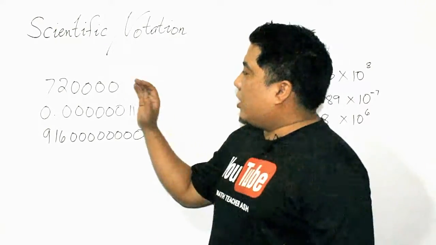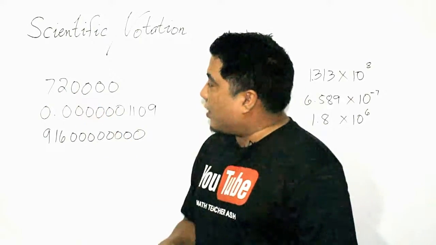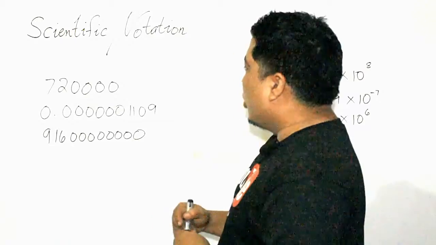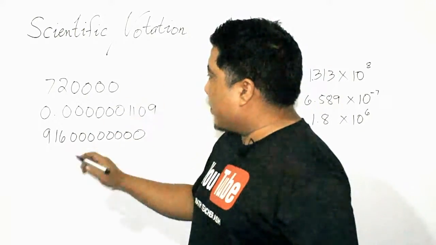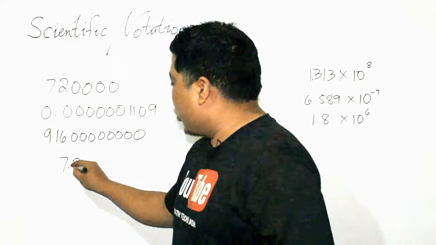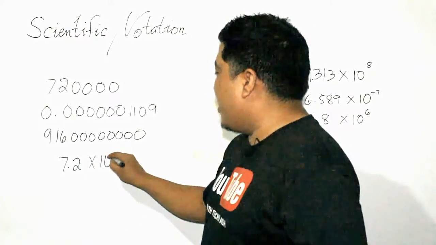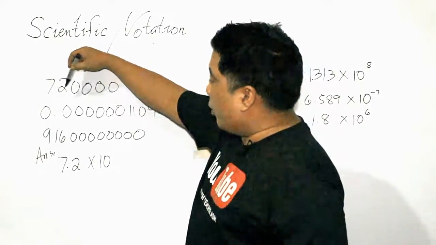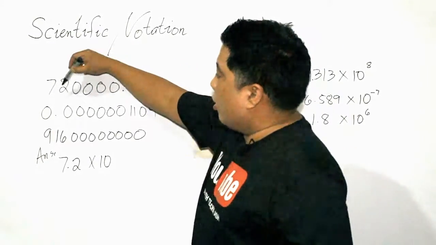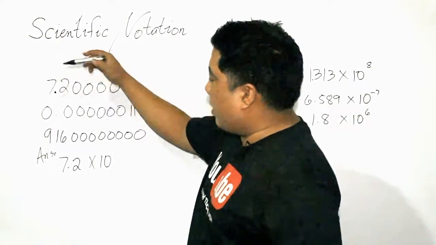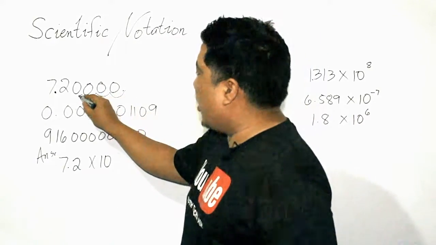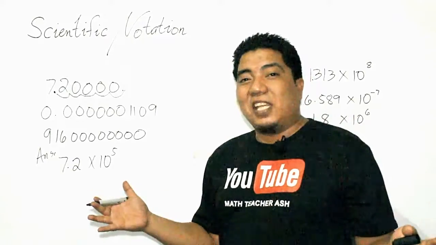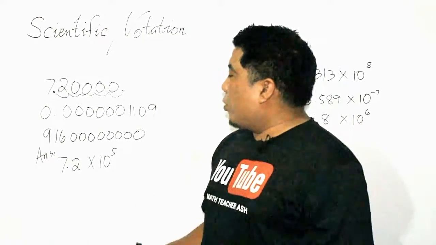Okay, so this is read as 720,000. How do we write this in scientific notation? So 720,000, that is 7.2 times 10. So this is our answer. Okay, so that is 7.2. So our decimal point is from here. So we need to arrive at this part. So that is 1, 2, 3, 4, 5. So that is to the 5th power. Easy, right? Now, going here, we have